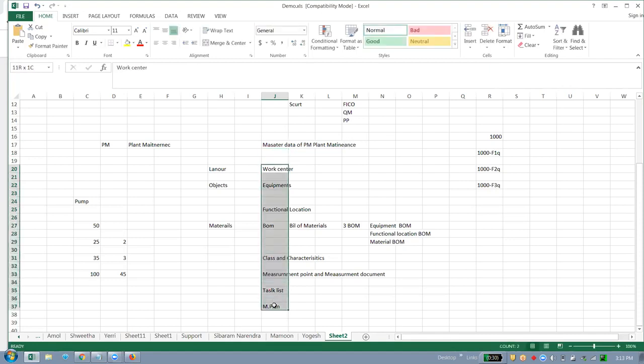These are the key data, the foundation of our PM module, but not all are mandatory. These 3 are mandatory for any system. Others depend on how the business is going to use our PM module.